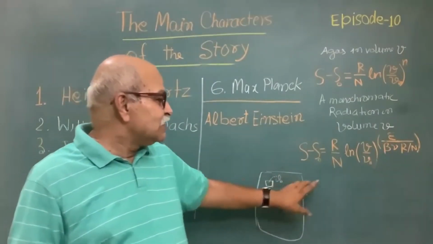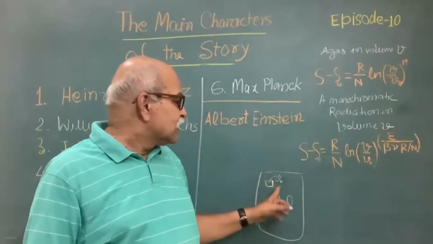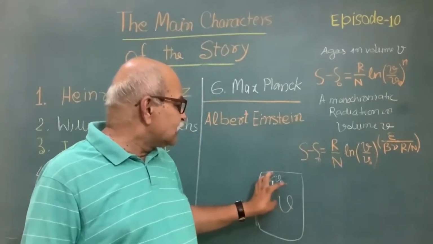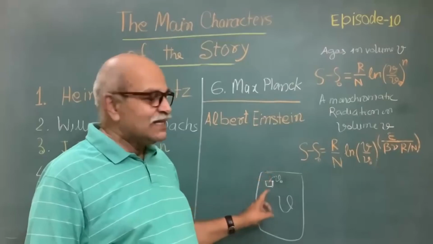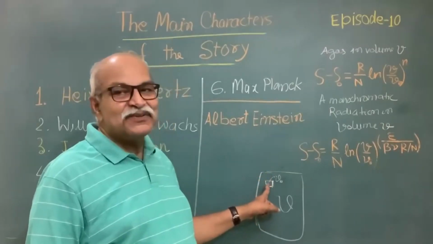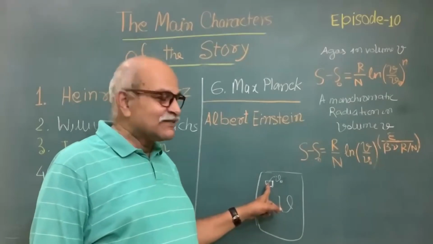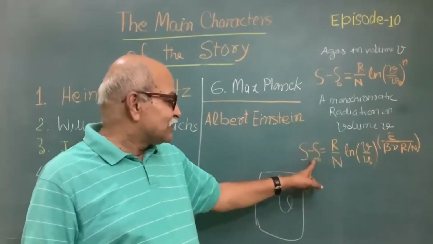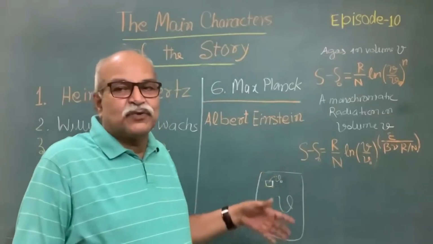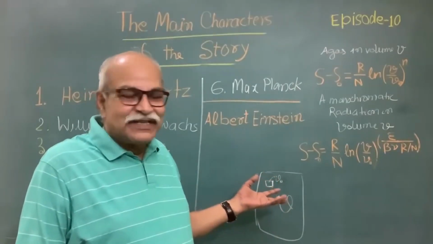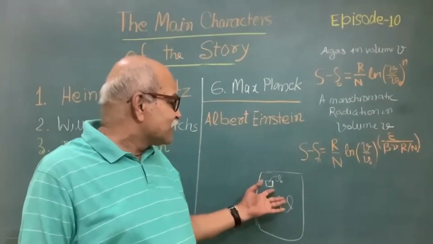And the same meanings, this V naught is this small V naught, and suppose all the radiation somehow gets confined into this small V naught, then what will be the entropy? That is this capital S naught. And when the radiation takes its own course of action, it is spread in its own way,